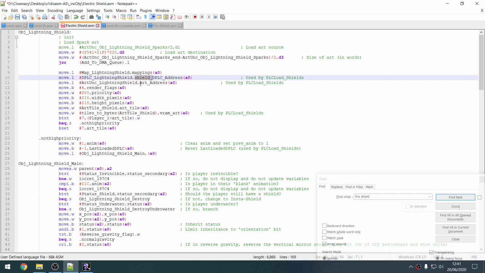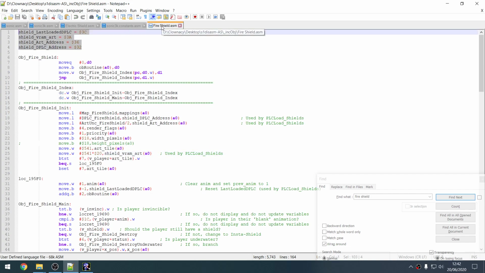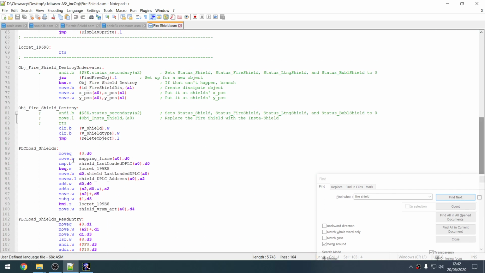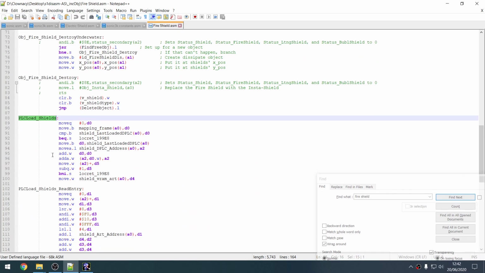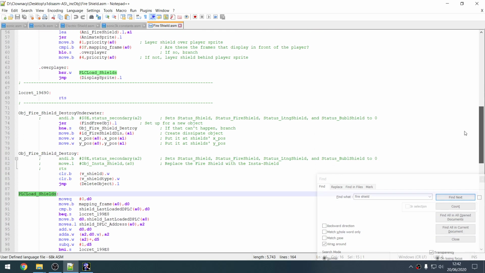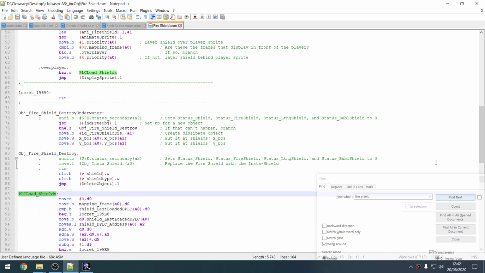Now, there is one thing I should probably point out. Or should I say I've been doing things a little sloppily. You see, these constants are defined in fireshield.asm. This common function here, even though it's applicable to all elemental shields, is in fireshield.asm. If you want to be safe, you really should maybe split these to their own file, or put them in like sonic.asm being the parent file and all that. But anyway,